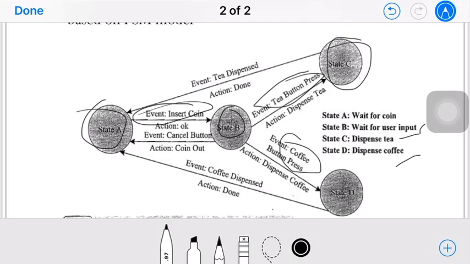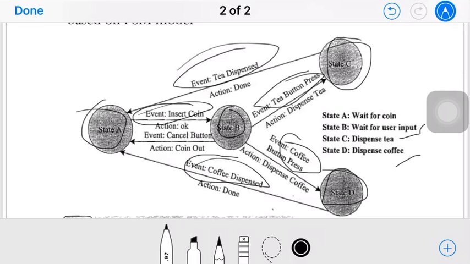Once the tea is dispensed, the action is done, and it will go back to the initial state for the next input. The same will happen with state D. If you press the coffee button, it will go to state D, dispense the coffee, and go back to the initial state.